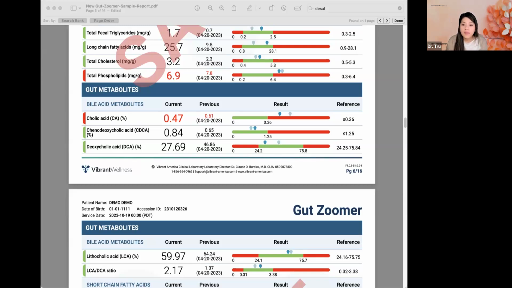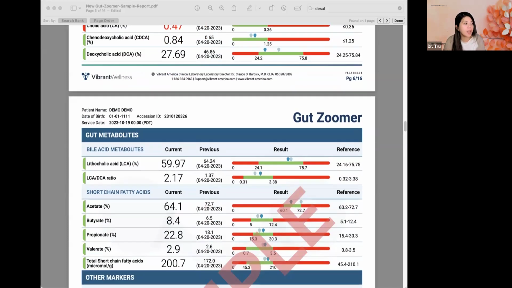I'm trying to see how I can simply tell you how to address this, but there really is no simple way. Usually, if you have abnormal bile acid metabolites, you definitely need to work with someone one-on-one. It's not something that you can manage on your own. So I'm going to skip over how to really look at that so I can go into the short chain